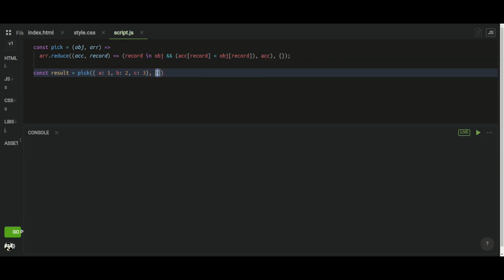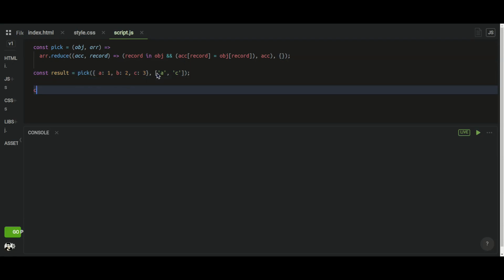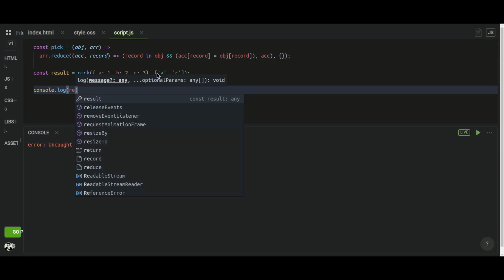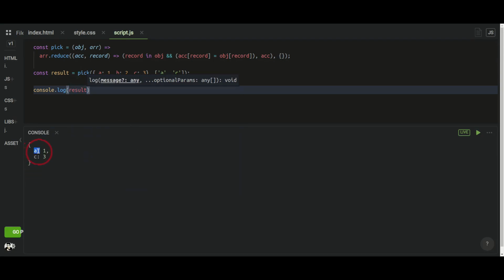So right now I'll just pass a and c because I need a and c out of this object. So I'll pass a and c, and let's console this result out. So if you can see, I have an object with keys a and c with their values, right? So you have your desired key value pairs in the result.